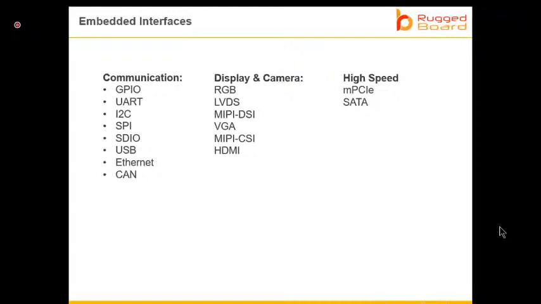Once you have this GPIO, the main advantage is that it is the simplest interface to transfer your data from one chip to another, or one device to another. But at the same time, it needs a lot of space. Why? If you want to send 8 bits of data, you need 8 lines in parallel when you are using it as a parallel interface, right? Or you use one GPIO and toggle it to transmit serially.